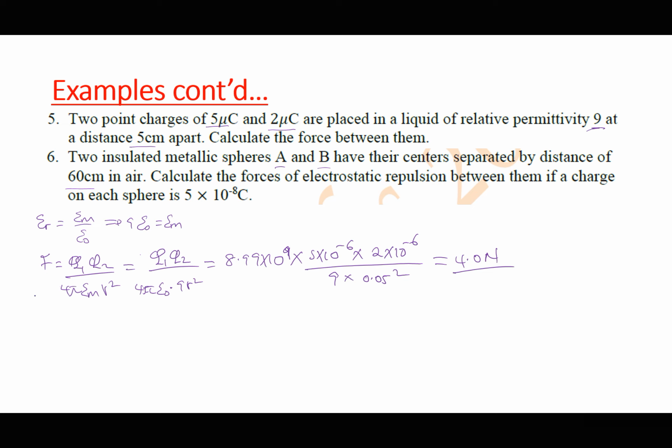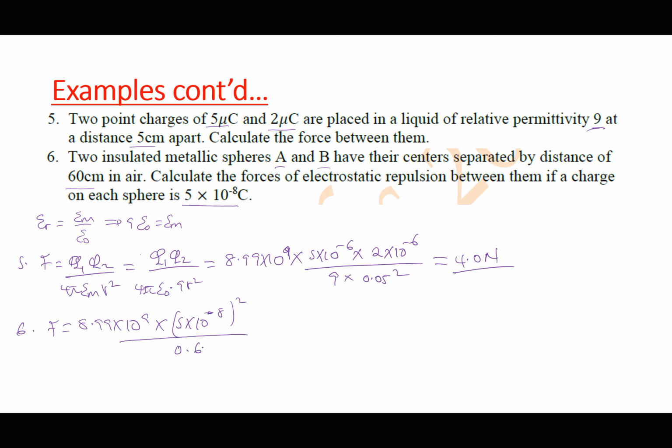This was number 5. Number 6, we know that the force is equal to 8.99 times 10 power 9 times the product of the charges, which will be 5 times 10 power negative 8. I will just square this because the charge on each sphere is that. Divide by the square of the separation. They are 60 centimeters apart in air, so this will be